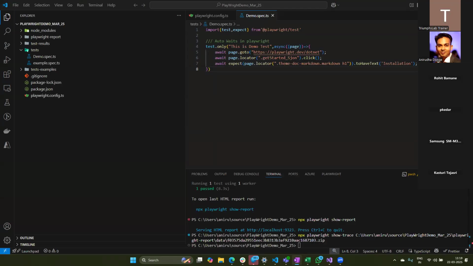For API testing also, we need to learn the JSON part. Playwright provides you with a facility for API testing. What exactly is API testing? API testing should have an endpoint, it should have a body, it should have a header. We'll talk about how to use the API testing of Playwright for doing that, and I'll show you a demo of doing it. This will give you an idea.